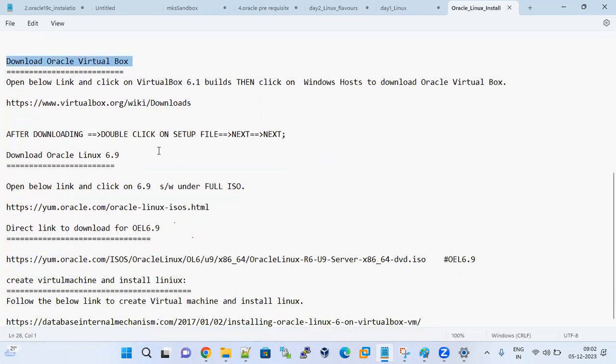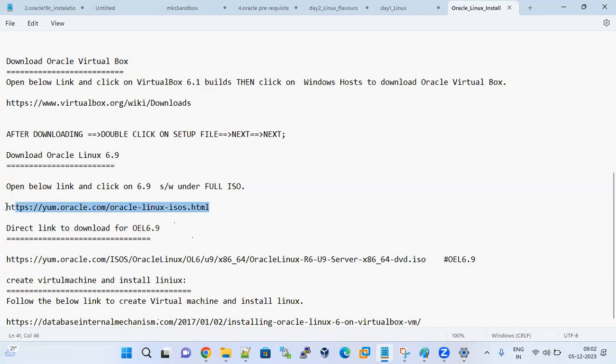Next, once VirtualBox is installed and the virtual machine is created, I need to install Linux. Windows we know, I don't want to install Windows. If you want to, you can go and install it. The main thing is the Linux operating system. So how to install the Linux operating system? First, we have to download the software. For all Linux operating systems, the extension is .iso. You can say it is an image file. There is a direct link to download Oracle Linux.